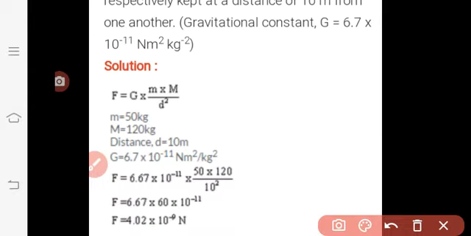This is the value. F is equal to 6.67 multiply 10 raised to power minus 11 multiply 50 multiply 120 divided by 10 का स्क्वायर. तो 6.67 मल्टीप्लाई 60 मल्टीप्लाई 10 का माइनस 11. तो आंसर इज 4.02 मल्टीप्लाई 10 raised to power 9 न्यूटन. ओके,